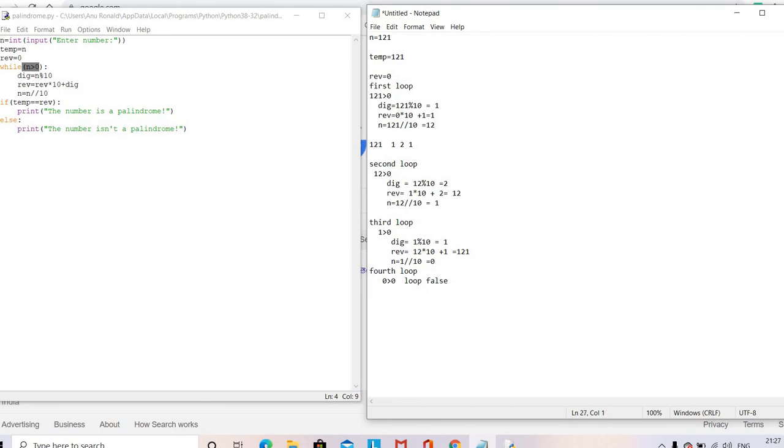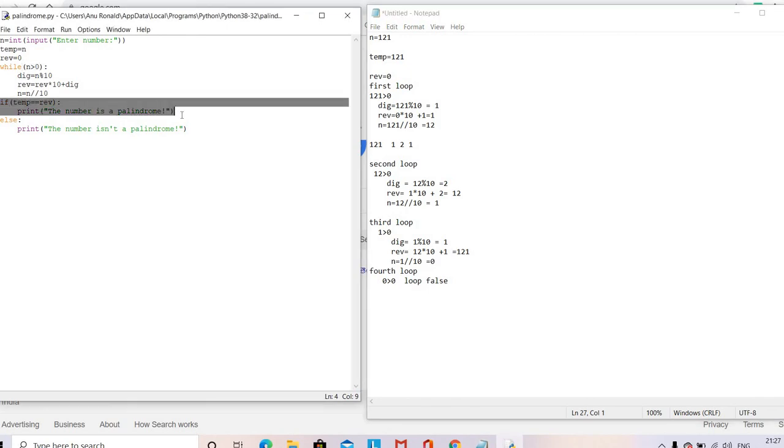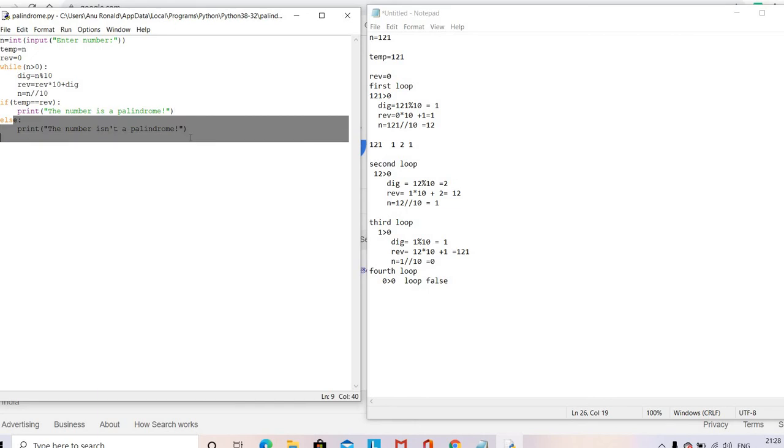We are exiting the loop and continuing with the next statement after the loop. So if temp equal to reverse, print the number is a palindrome. We are checking the value of temp, which is 121, and the value of reverse. You can see the value of reverse here is 121. So we are printing the number is a palindrome. Otherwise it will print the number is not a palindrome. This is the explanation of the program.